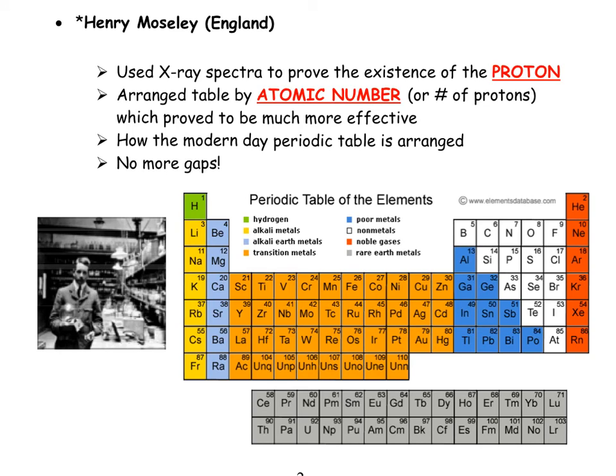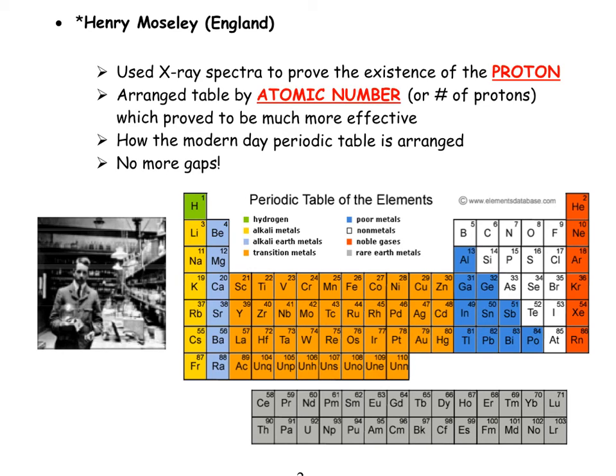And then along came a guy named Henry Moseley, and Henry Moseley was given credit for proving the existence of a proton, and he used this knowledge to expand upon Dmitri Mendeleev's periodic table. He took Dmitri Mendeleev's periodic table, and instead of keeping it arranged according to atomic mass, which is what Dmitri Mendeleev did, he arranged the atoms in order of atomic number, and that's how we have the periodic table arranged